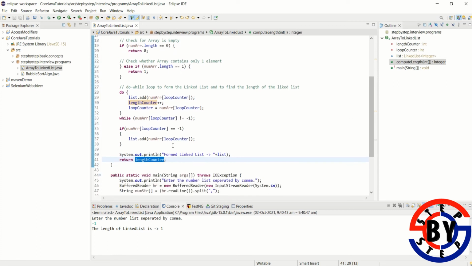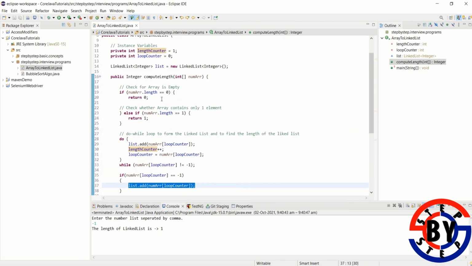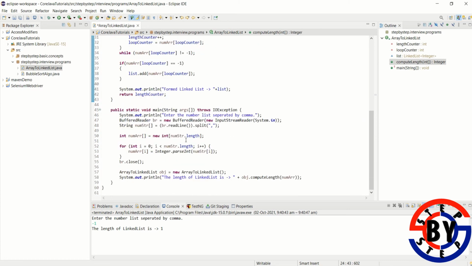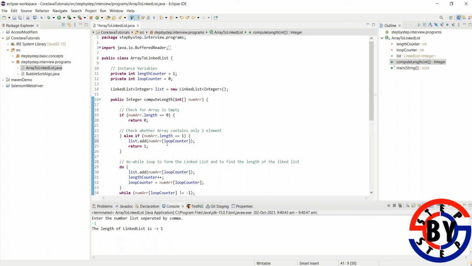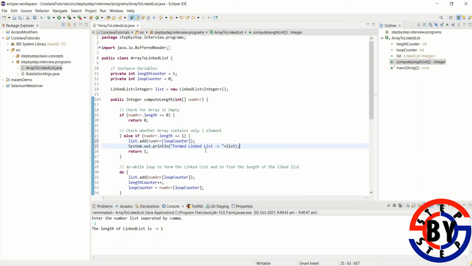So what we need to do here is like this. Please add the loop counter here as well, and we need to print the list there. Okay, because it is not printing, right? So that's why it has only returned 1. Now if I run the code again with minus 1, this will work, I believe. Minus 1, right? Now if I run the code with the other value also, it will run, right? Suppose I added 10, then also it will work. Okay, so I believe this is good enough.